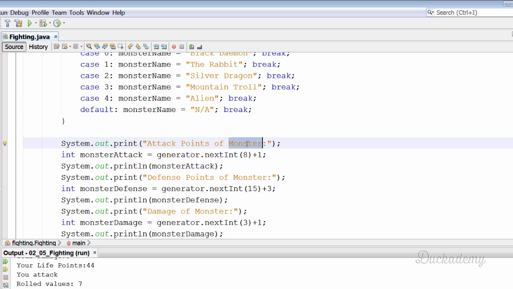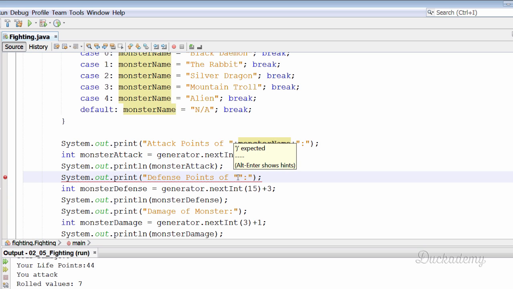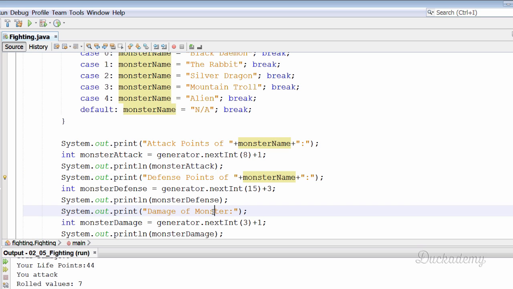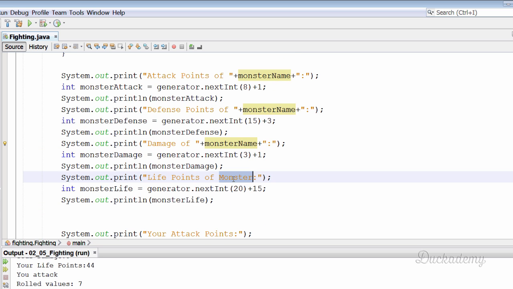So let's replace these monsters with the value of the variable. So I simply replace every monster printing with the monster name variable. I close and then open the next string. I add 2 pluses and then between the 2 pluses the monster name variable. Okay, and here another monster